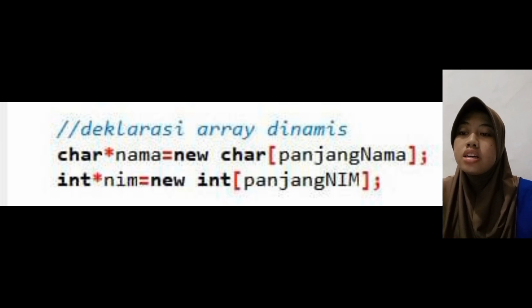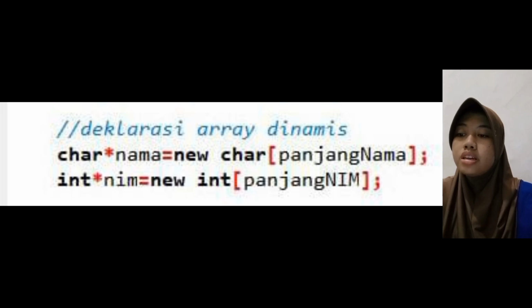The starting address of this block of memory is then stored in the name pointer. Name length, this variable is assumed to have been declared previously and contains valid values.